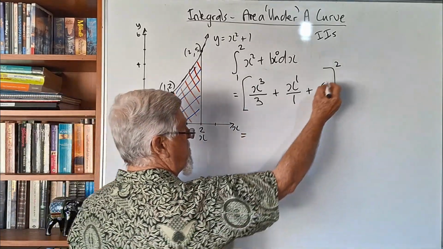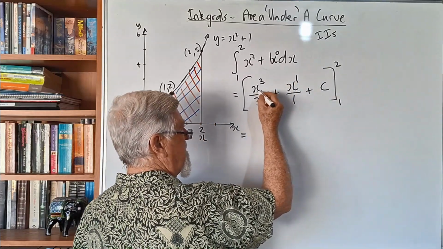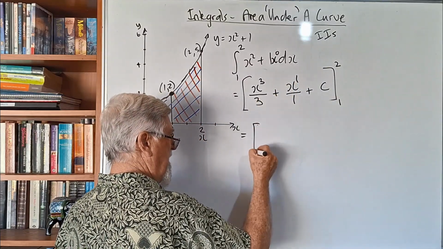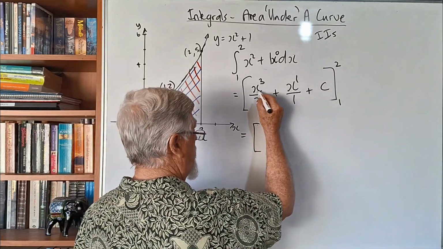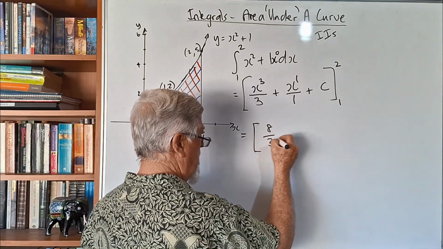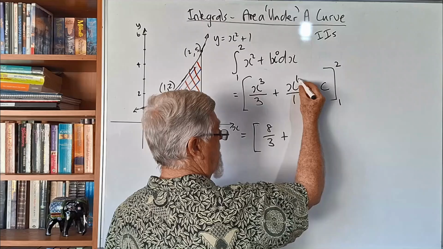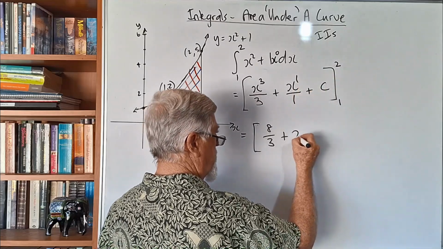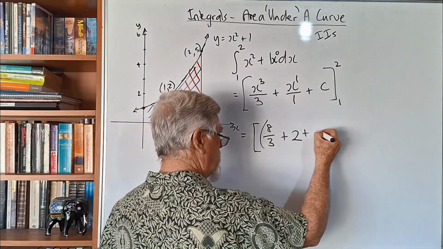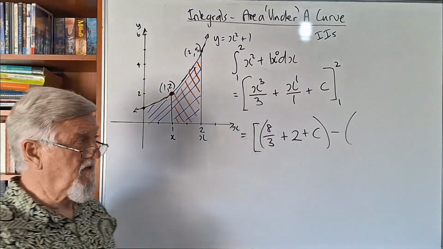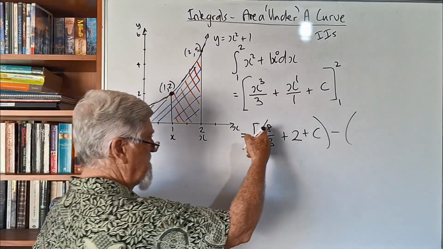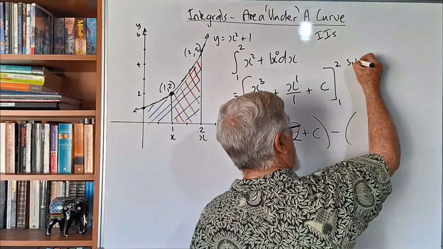Just have a look what it is. So it means you substitute the 2 in place of the x. So 2 cubed, I'm going to shortcut on that because I want people to do it in their head, especially when it comes to negative. 2 cubed is 8, so that's 8 on 3, plus x to the 1, which is 2 to the 1 on 1, which is 2. Now what happens with this constant? I'm going to put a bracket around all of it. I'm going to put another set of brackets, and we're going to use the 1. So this is called substituting 2,